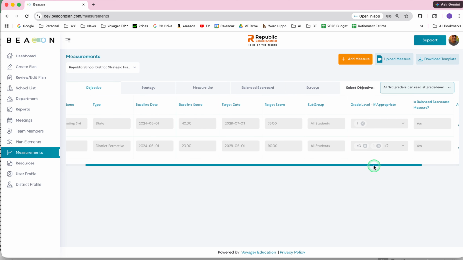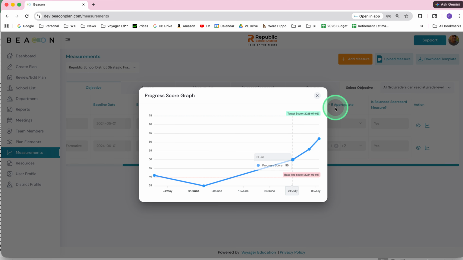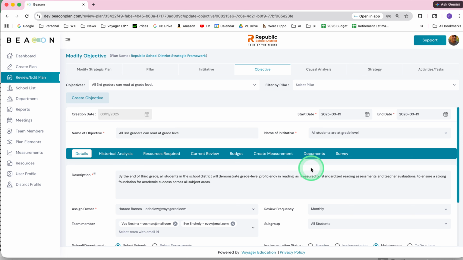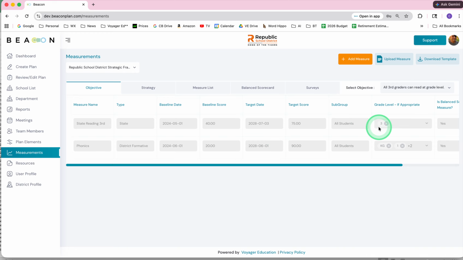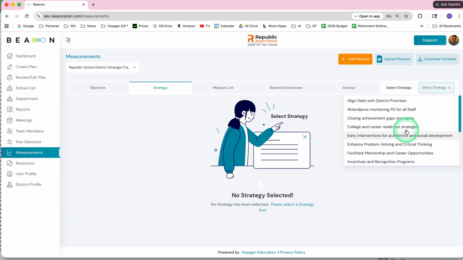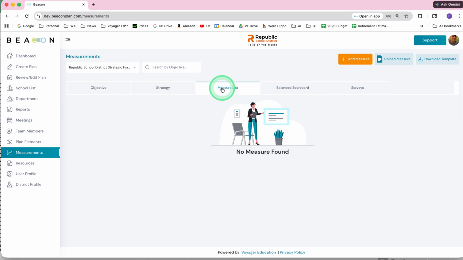And if I scroll over, you'll see additional information about the measurements that are attached to those specific objectives or goals. I can quickly click the progress monitoring graph to see progress related to that measurement, and I can click in and actually see the entire objective and all the information associated with that objective. Similarly, we can go into the strategy area and we can pull up any measurements that are aligned to your strategies. You can also see just a full list of your measurements by clicking on the measure list, and you